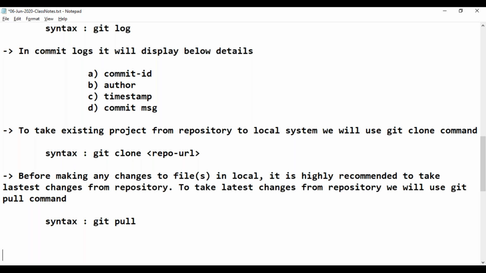When to go for clone, when to go for pull? Anirudh, I am not asking push, sir. I am asking about the clone and pull difference. Come on, response.